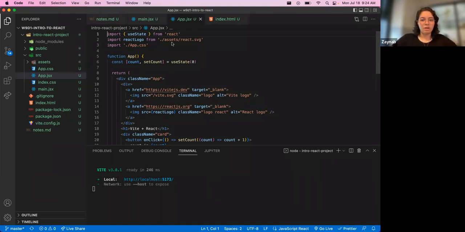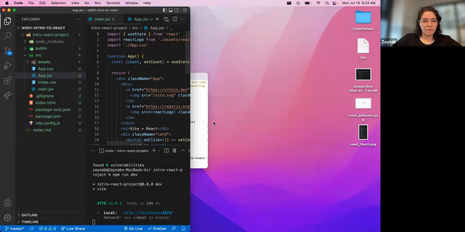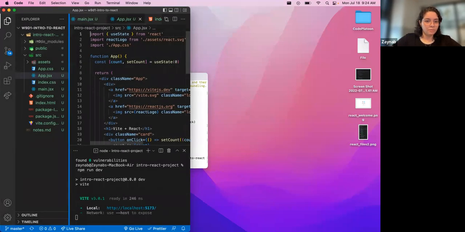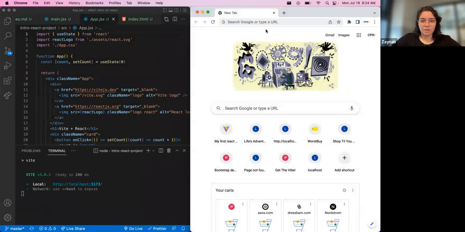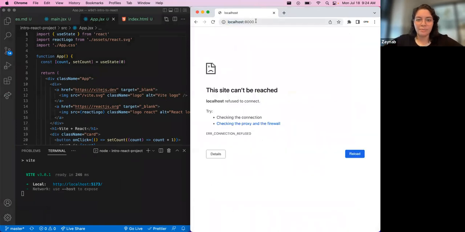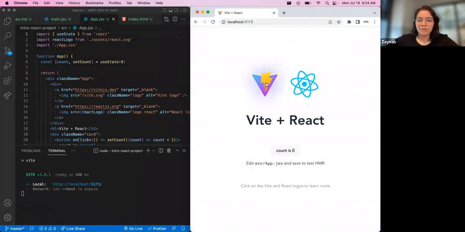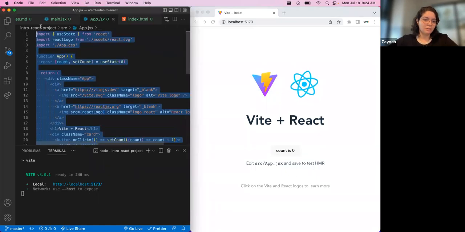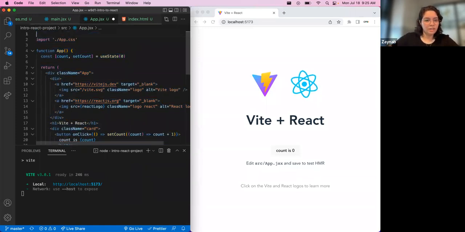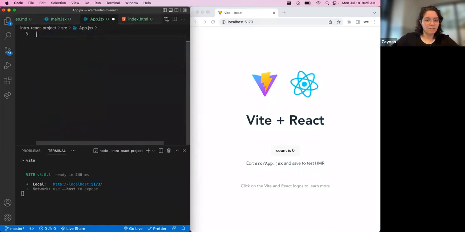Okay, so this is our main file. I'm going to do a split screen here, just so you can see things that are changing. This is going to take some getting used to. Okay. So this is our main component. I am going to delete everything and just do a very simple example. So I need these,